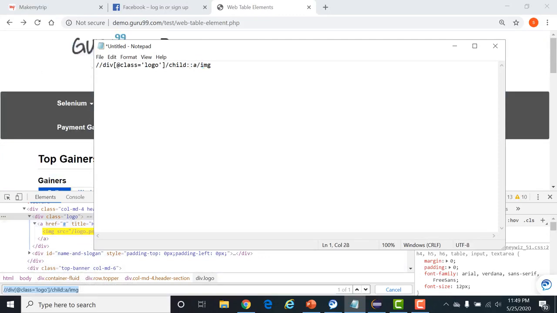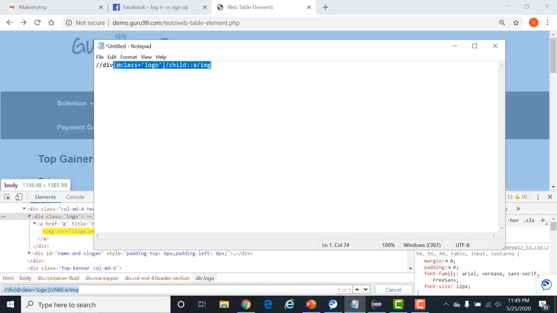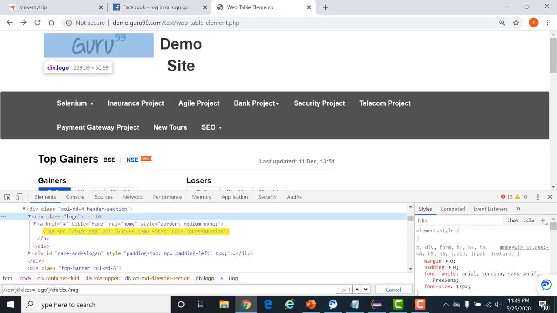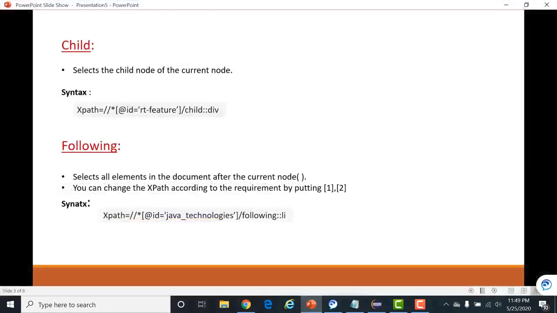So with the help of these child, I can identify the child node with the help of parent node. Right? Here I am not giving anything, this particular value and not value or something else. I am not giving anything. Title is home. I am not giving anything. I am just identifying with the help of my parent node. Okay, this is the one access that is available in dynamic XPath.